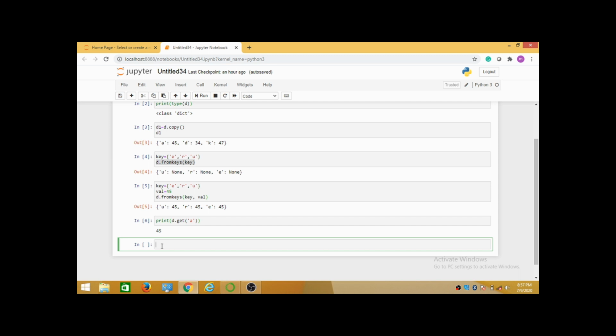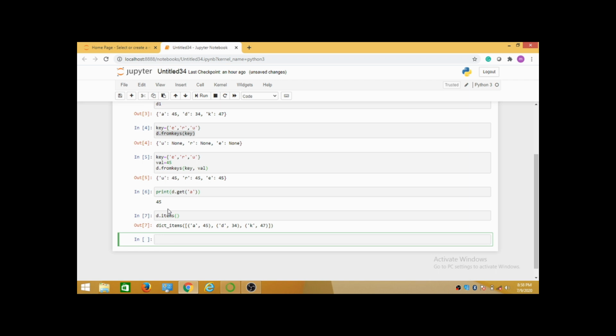The next function is items. This d dot items function converts the dictionary into a list, and there we can find keys as well as values in the form of a list whenever you use the items function.